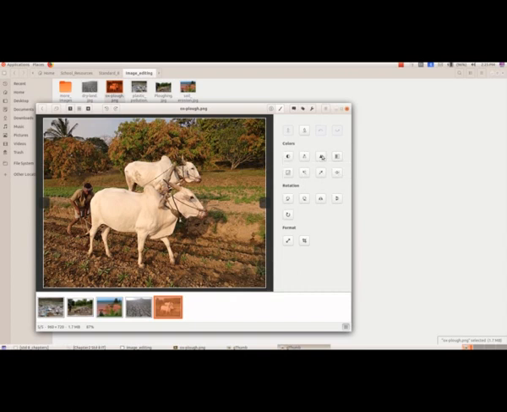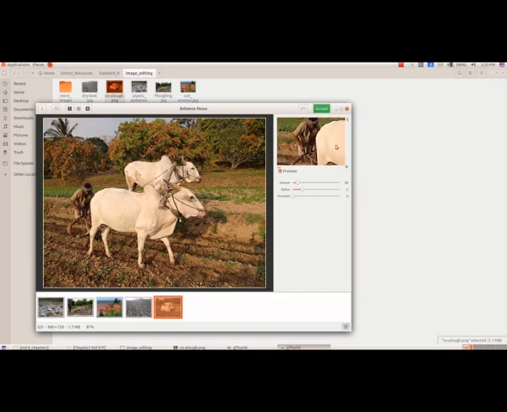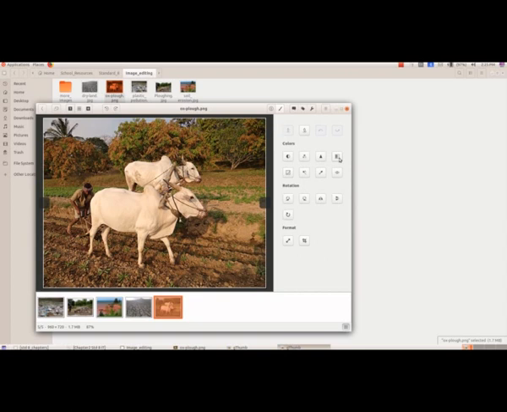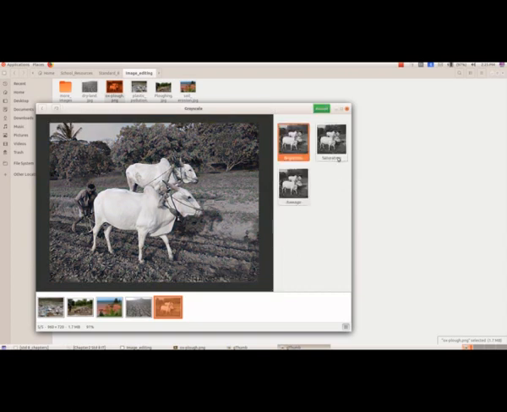And now we are coming to the third one, which is enhance focus. Here we can drag like this and we will get that picture. And then the next one, the fourth one, it is grayscale, means just like black and white.